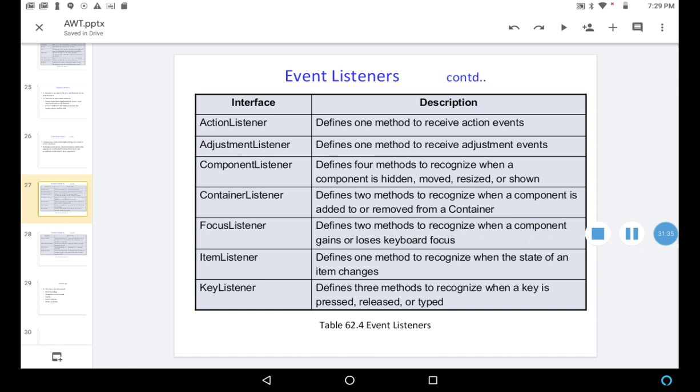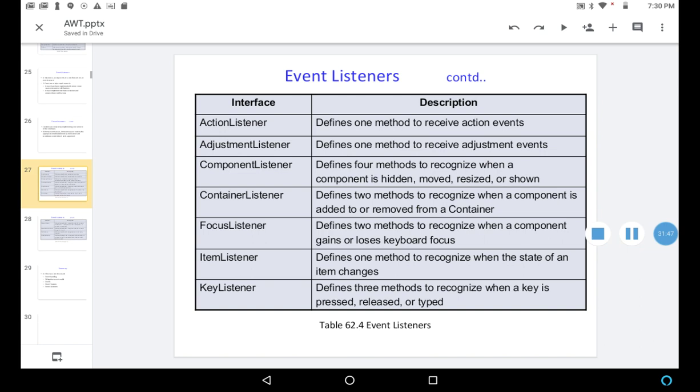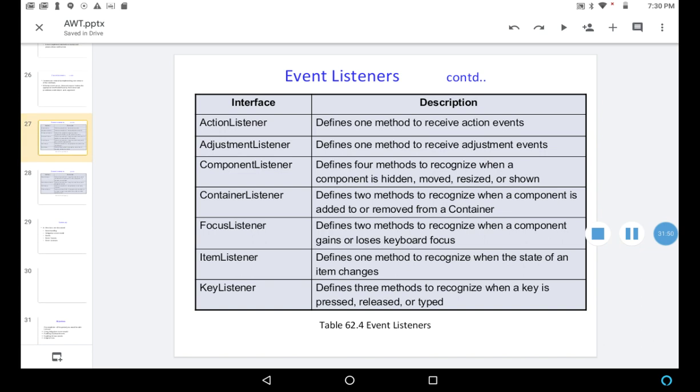These are the event listeners we have seen in the previous slides: action listener, adjustment listener, component listener, container listener, focus listener, item listener, and key listener.